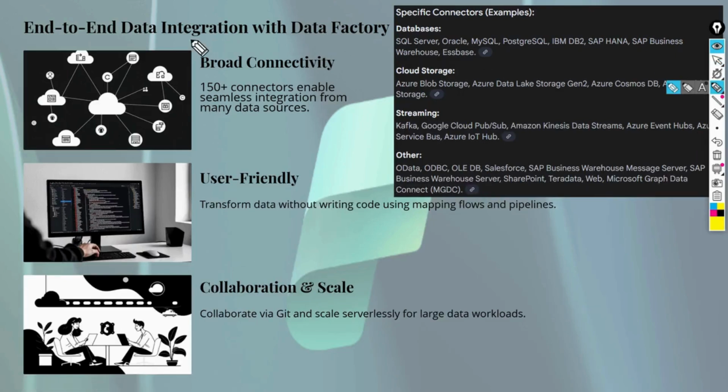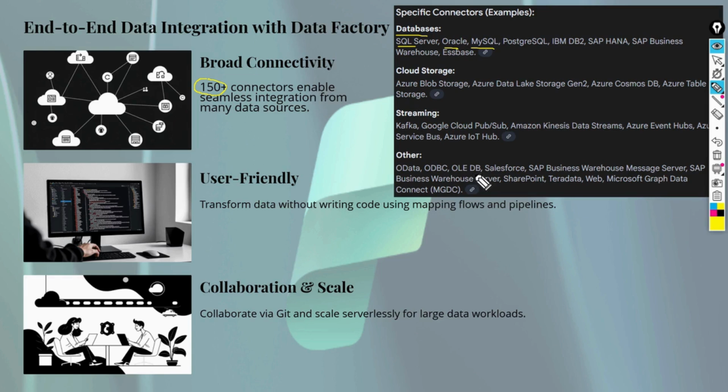It is end-to-end integrated with Data Factory, where you can see a broad range of connectivity, more than 150 connections. Some of them I mentioned here are databases, where SQL Server, Oracle, MySQL can easily be connected, and cloud storage, Azure Data Lake Gen2, Azure Cosmos, streaming, Kafka, Google, ODBC, OData, OLE DB.